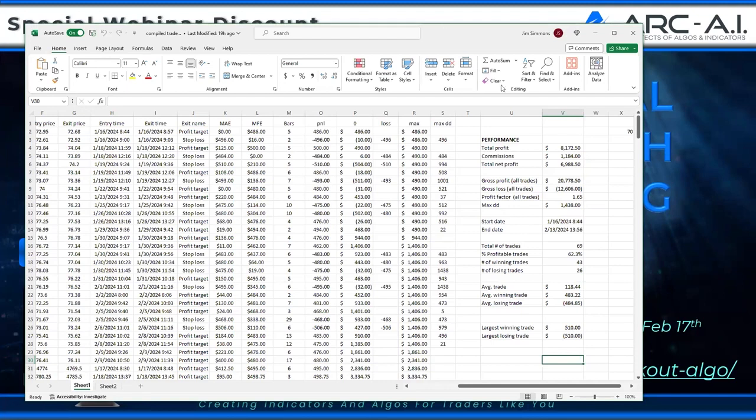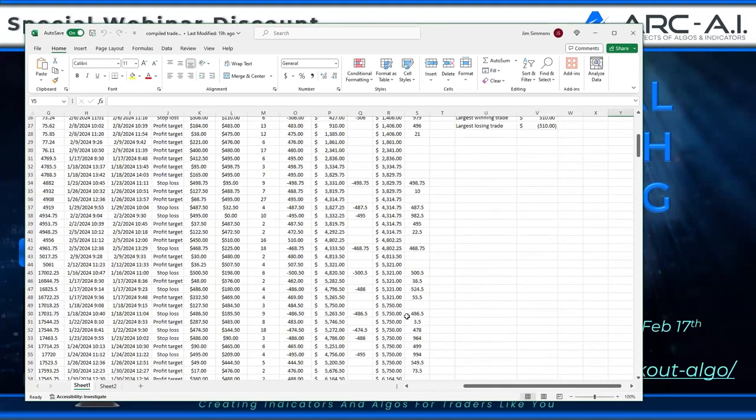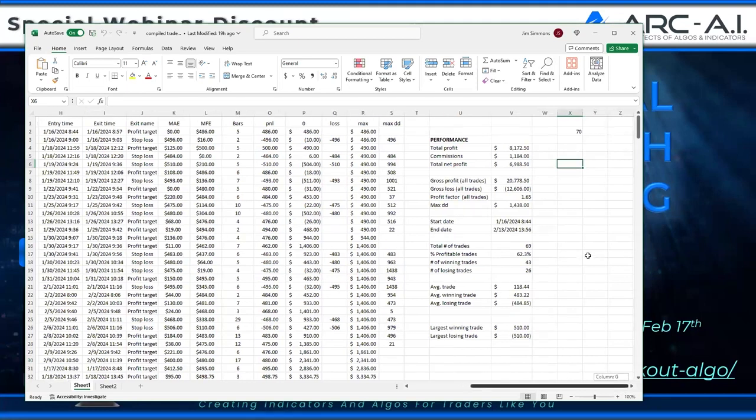But in NinjaTrader, when you test those markets, it only gives you one at a time, right? Well, what if you want to look at it as a basket? You're not going to just trade one. What if you want to trade all 3? What if you want to look at the performance on all 3? Well, that's what this is. I took every trade, compiled it all together, put it all in this really super nerdy cheat sheet here. It's very nerdy, and I geek out on this stuff. This is how my brain works.